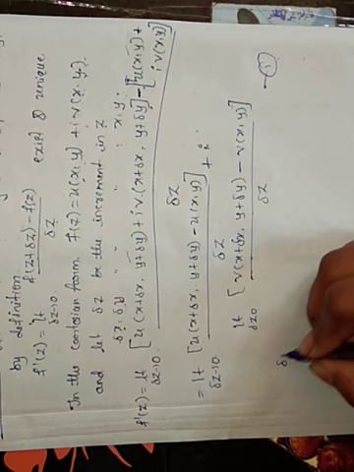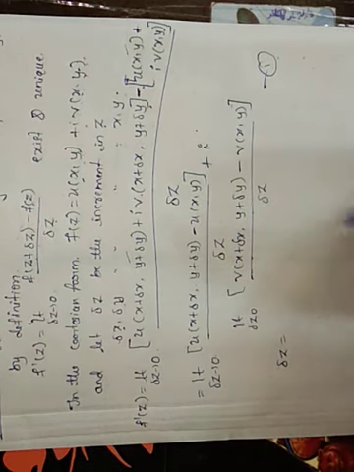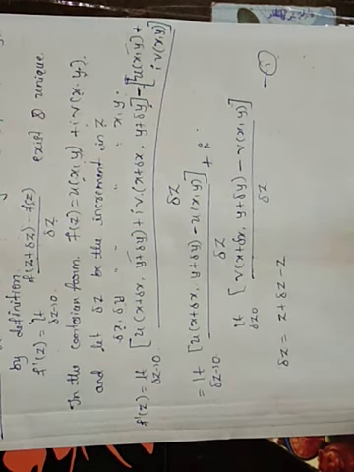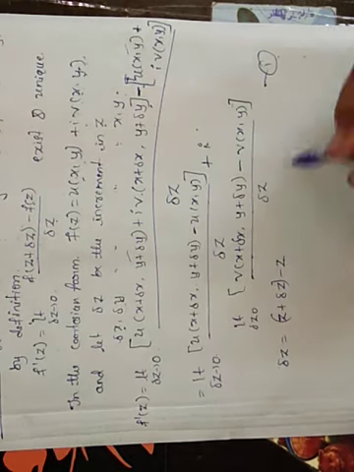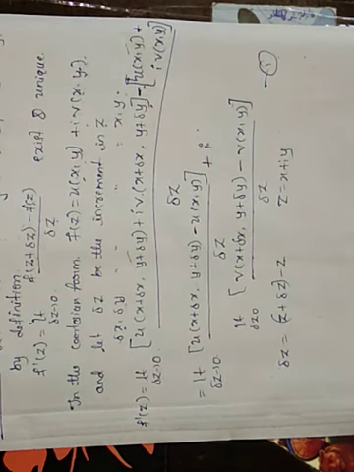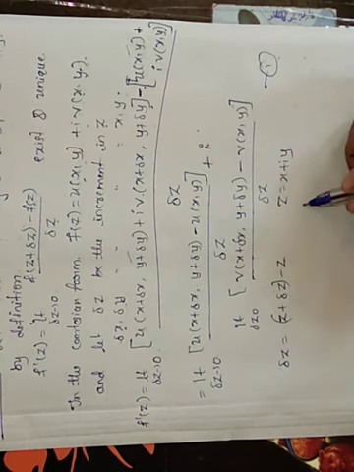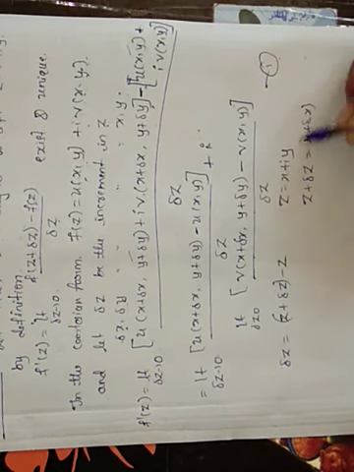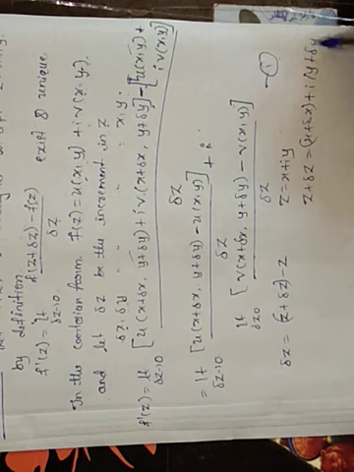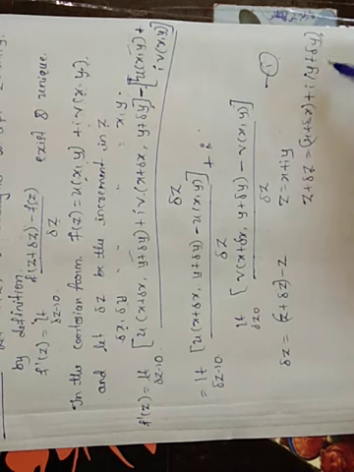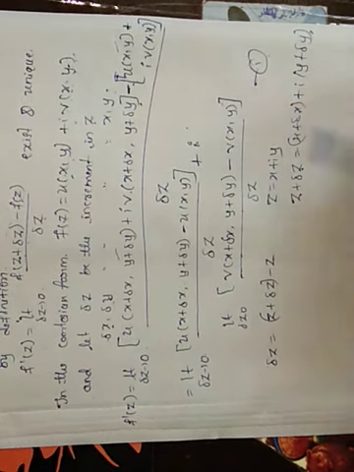Here we know that delta z is a small increment in z. We can also write delta z as z plus delta z minus z; I am just adding and subtracting z here. So I am taking the bracket for this term where z equals x plus iy. If z equals x plus iy, then z plus delta z equals x plus delta x plus i into y plus delta y. Because delta z is a small increment in z, delta x and delta y are the increments of x and y respectively. So I am just substituting these values here.